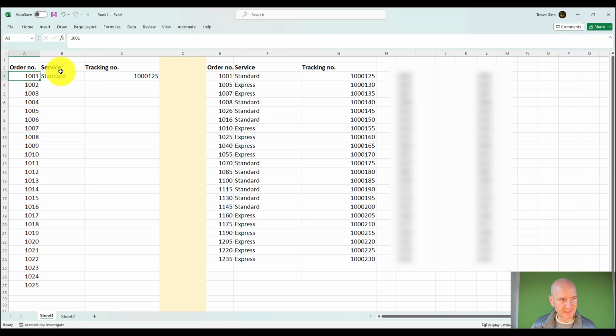We've got the same thing in here. So it's returned standard here. So it's looked up one here and it's returned standard. And then the second column, it's looked up 101, it's returned the third column, it's got this tracking number, which is 100125. So if we copy these details down,